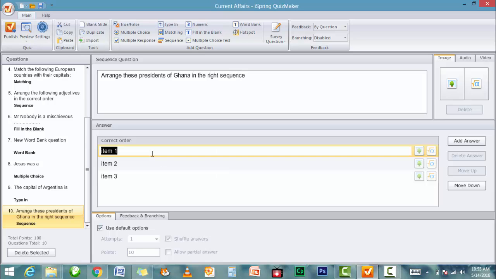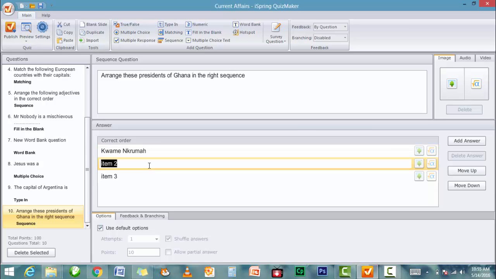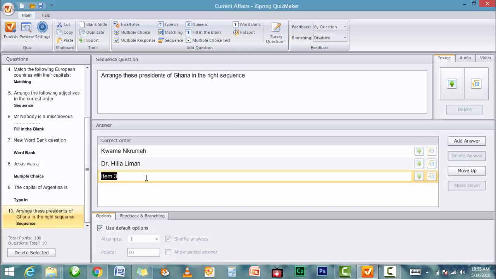The first one, Kwame Nkrumah. Dr. Hilla Limann, and then Lieutenant Jerry John Rawlings. We can add one more answer,